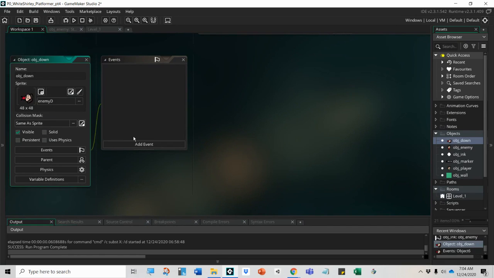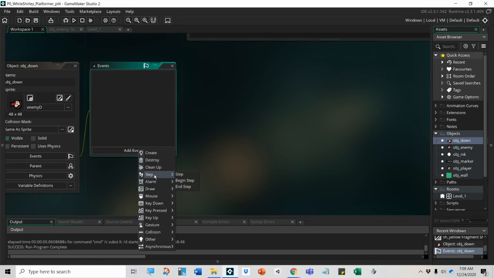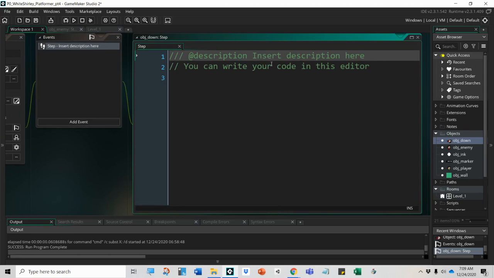And this object is going to be used when our enemy has been hit enough that he has lost all of his hit points and he's down for the count. We're going to add a step event, just a normal step event. And in this step event, we're going to